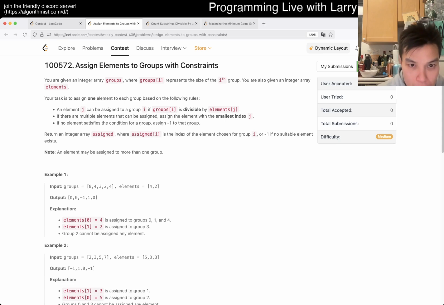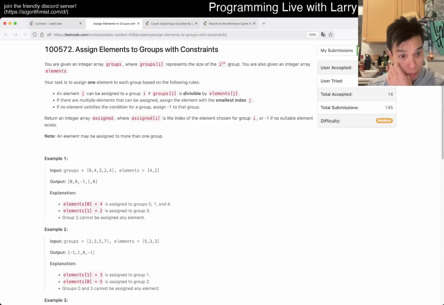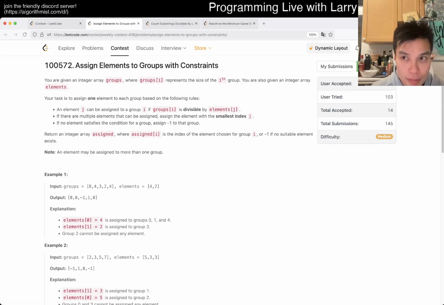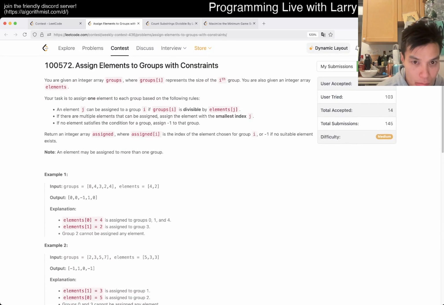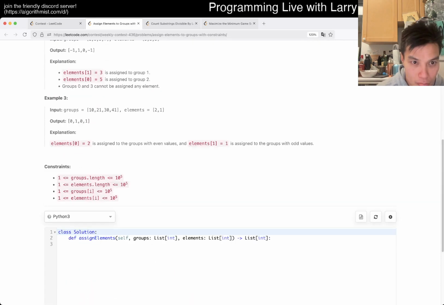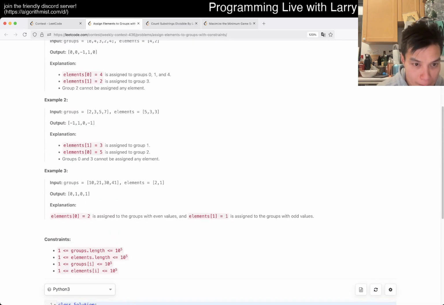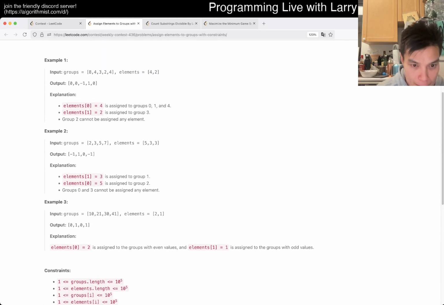Okay, so then in theory it's just a loop. I know it's just ultra-simple, but